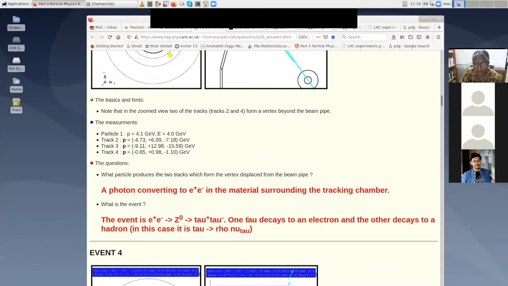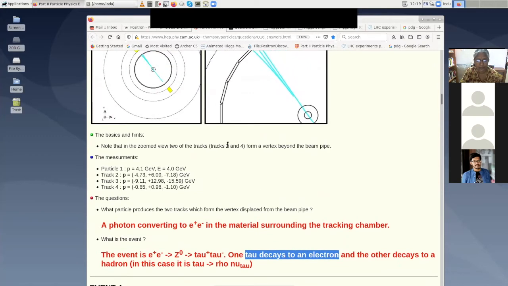In one of the cases, which is the bottom, let me try to get both of them on the same page. Yeah. So here there is only tau going to electron. We will see later that it's exactly like how the neutron decays. Neutron decays to proton, electron and electron neutrino, right? Tau will decay to nu tau, which is the neutrino, and then electron and electron neutrino. So there are two neutrinos which are not detected, and only the electron is detected on one side.